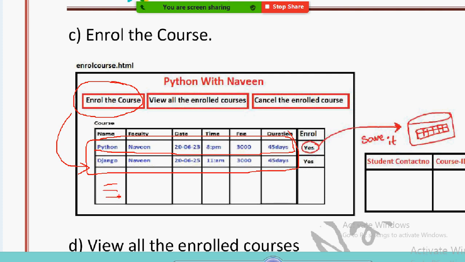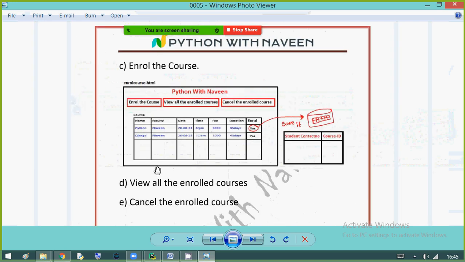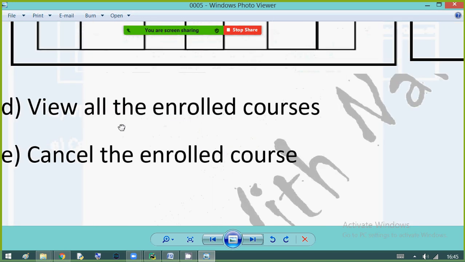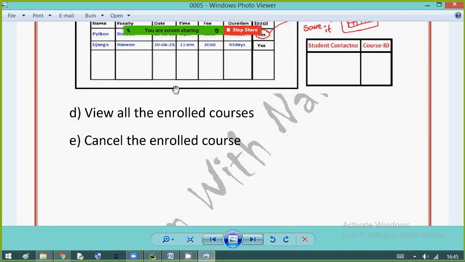Don't look at only Python and Django, all the courses will show. Whatever course the student wants to enroll, by simply clicking on the yes button, they can enroll. Once they enroll, the details are saved into the database. Then after, you have options like view enrolled courses and cancel the enrolled courses.